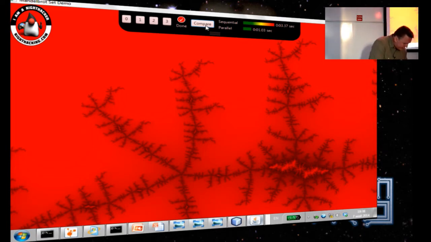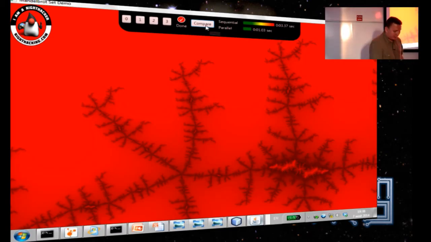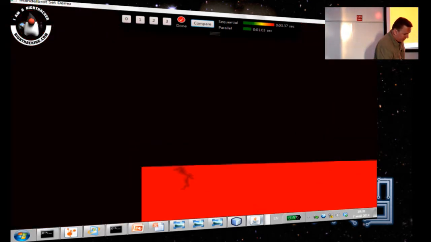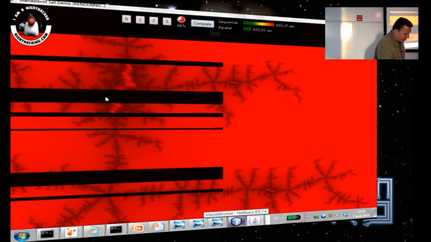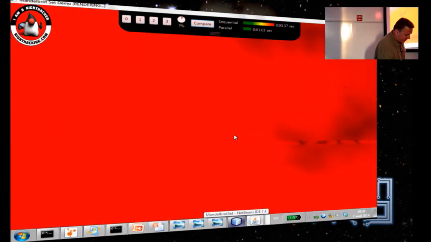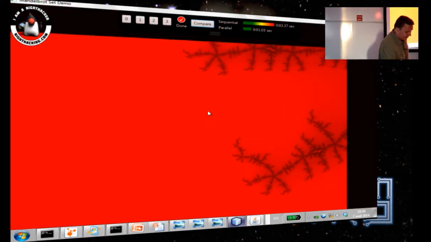All right, so next thing here in the MandelbrotSet is to visualize navigation. So when we drag the image, or when we zoom in or zoom out, we get immediate feedback just as on Google Maps. So how is that achieved?